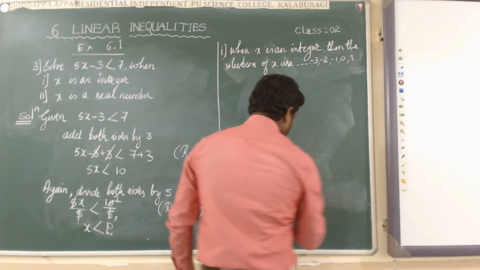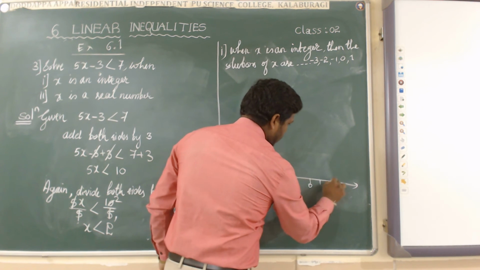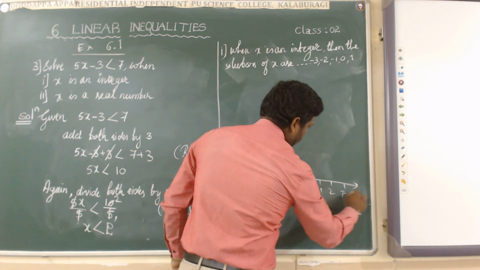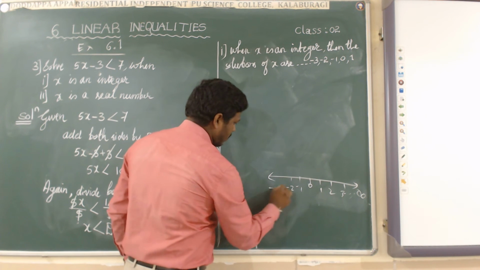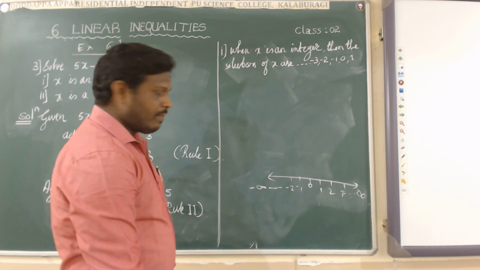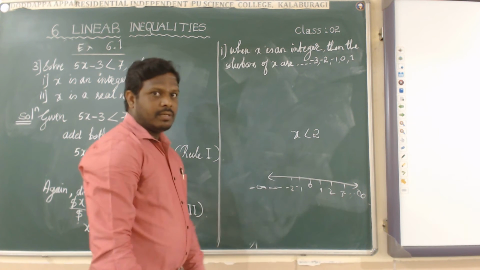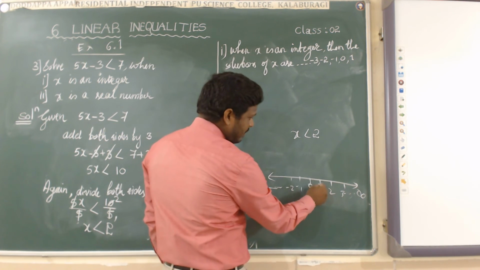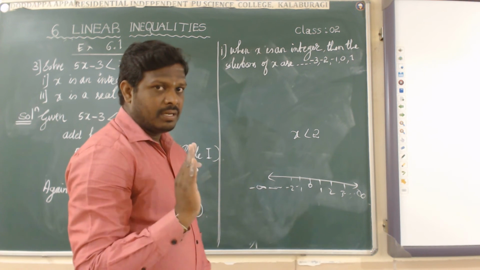When you come to the number line, then we will be getting it clearly. 1, 2, 3, so on, infinity, and minus 1, minus 2, so on, minus infinity will be coming on the left side. The value of x is less than 2. Here I am taking integers, not real numbers. So first of all keep in mind,